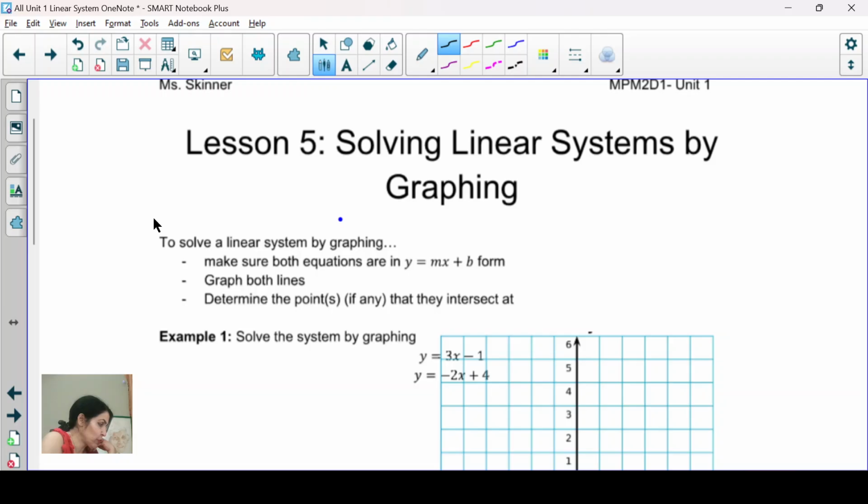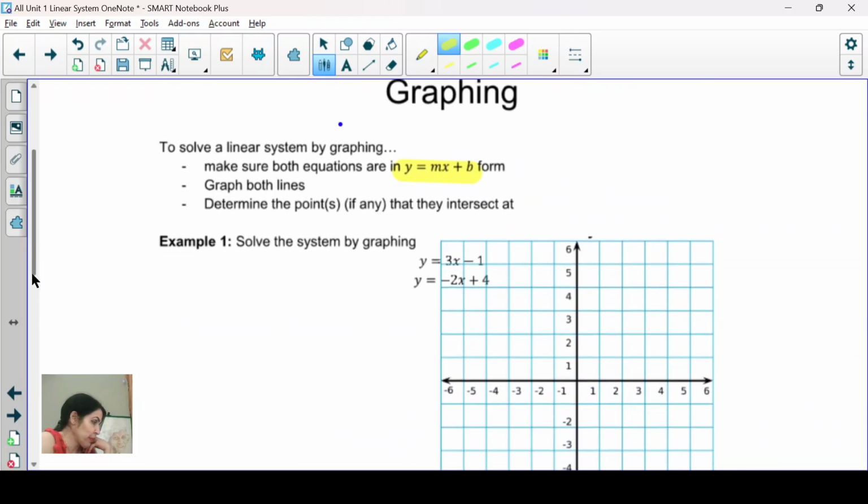The first thing you do to solve a linear system by graphing is make sure both equations are in y equals mx plus b form. So we need to isolate y on one side and the rest of the terms on the other side. Then graph both lines and determine the point where they intersect. So, for example,